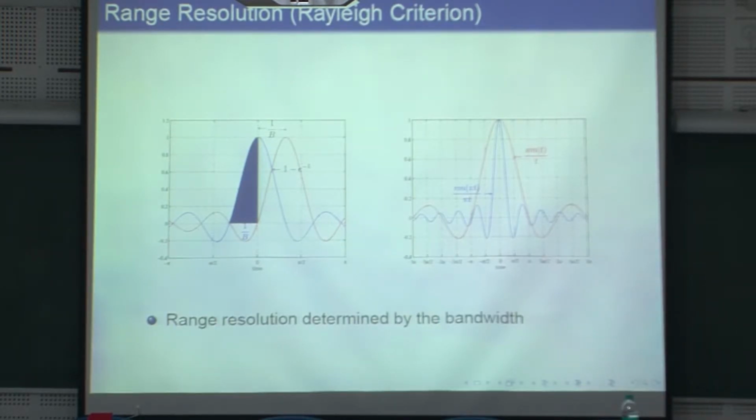Again, what we discussed before, I'm just repeating. This is the resolution story. We calculated it as 1 over twice B, I think, maybe because of the factor 2. I don't remember now, but we covered this before. So you know what this means regarding resolution. And this is the point spread function, here related to the range. In this case, the bandwidth itself dictates the resolution.